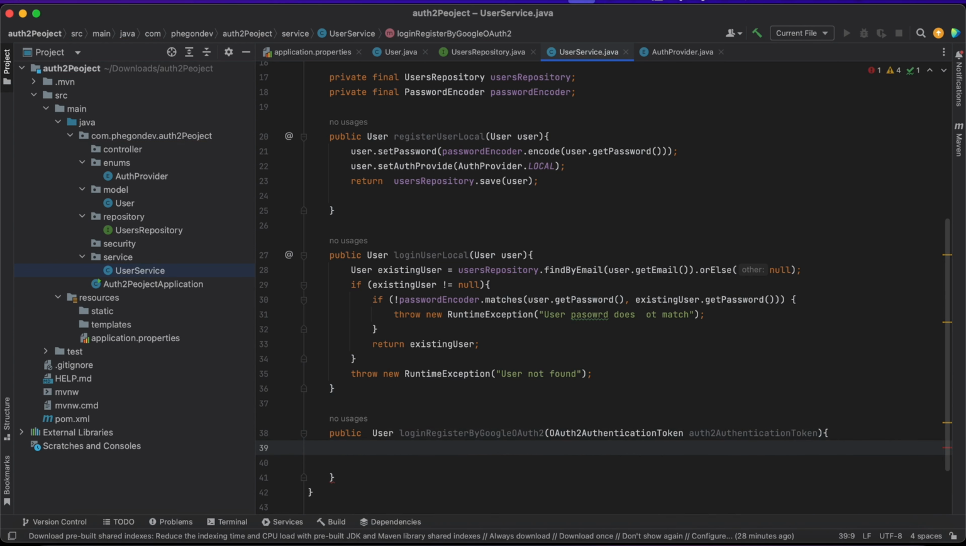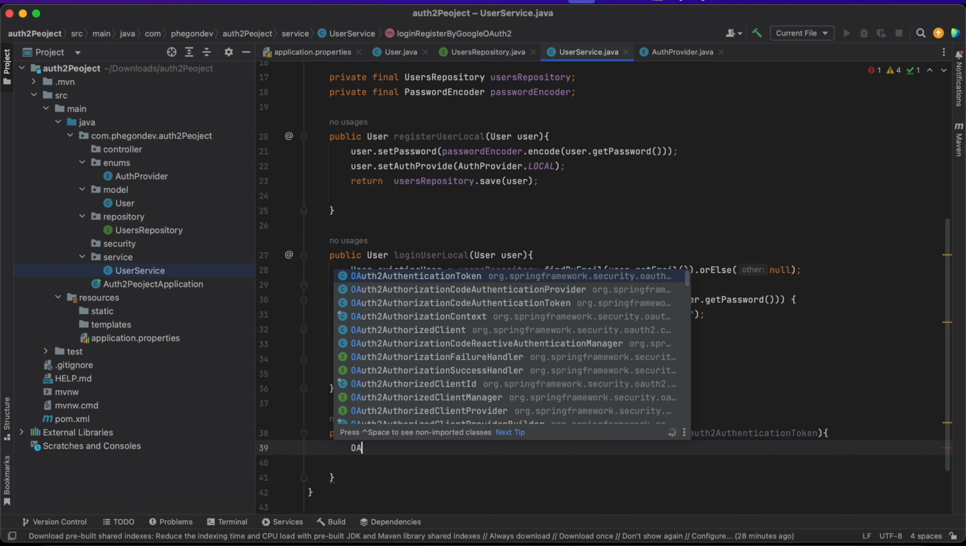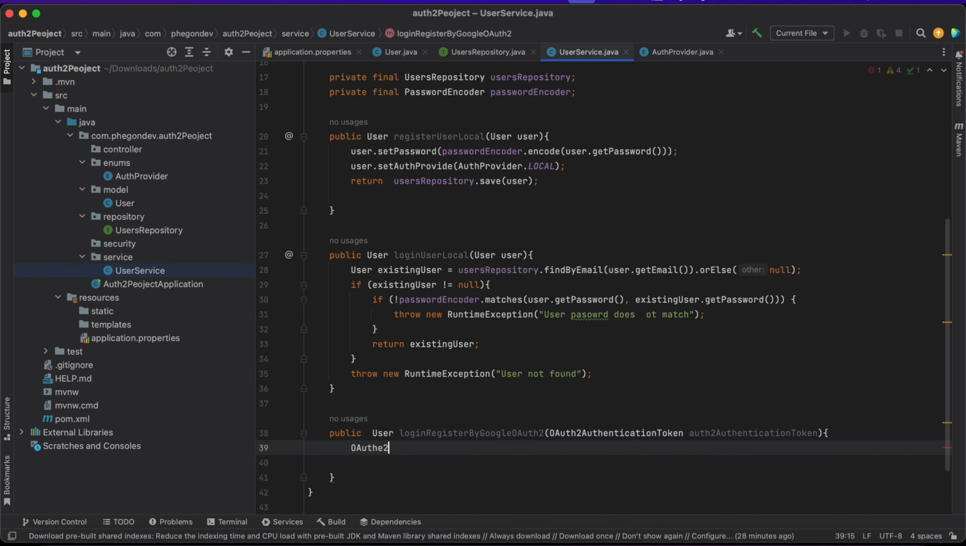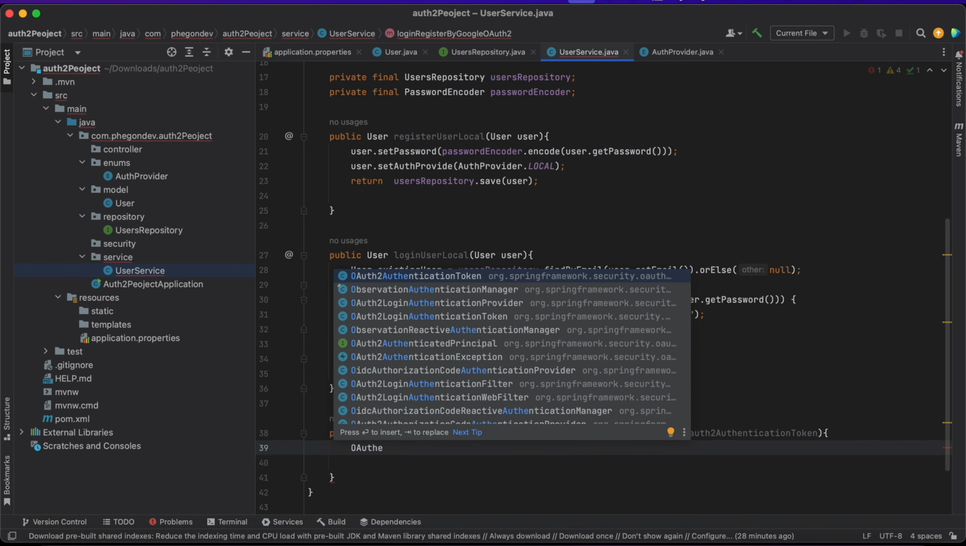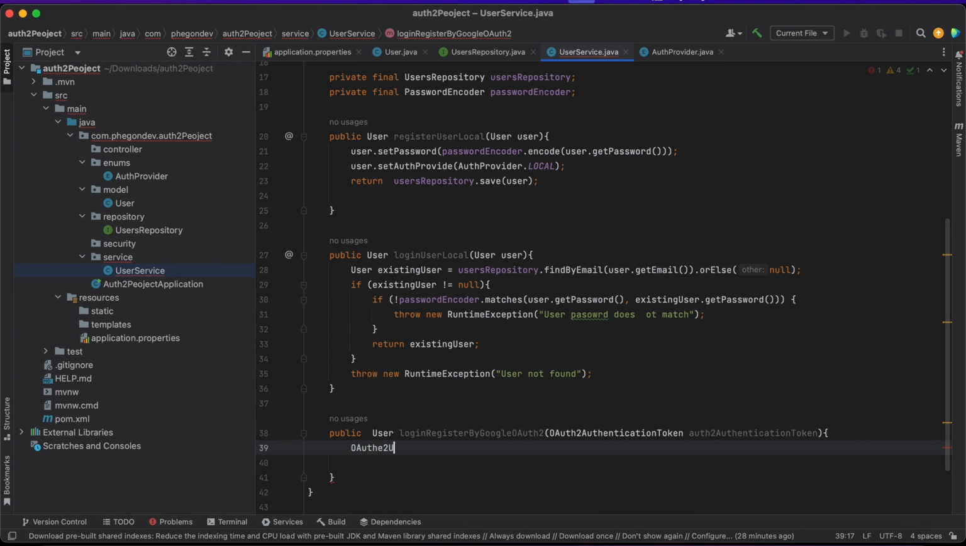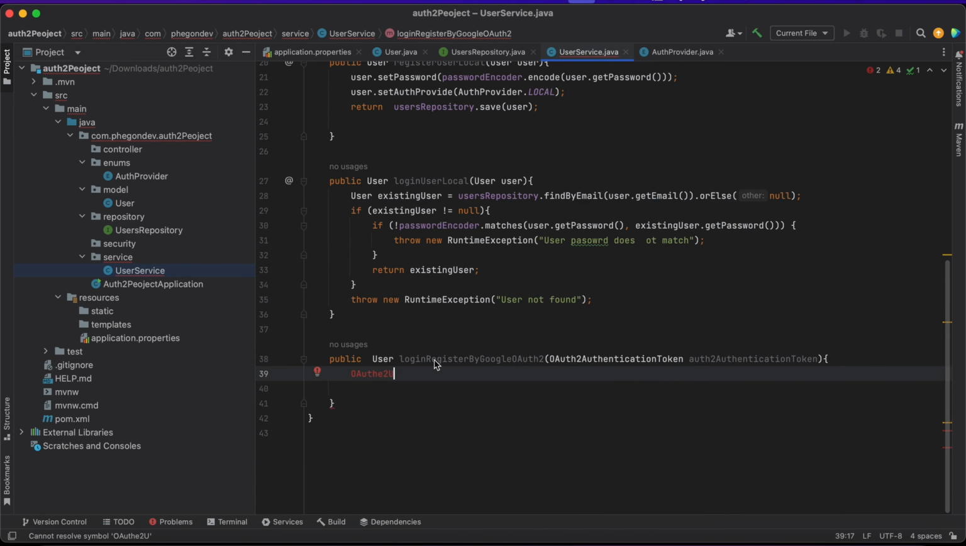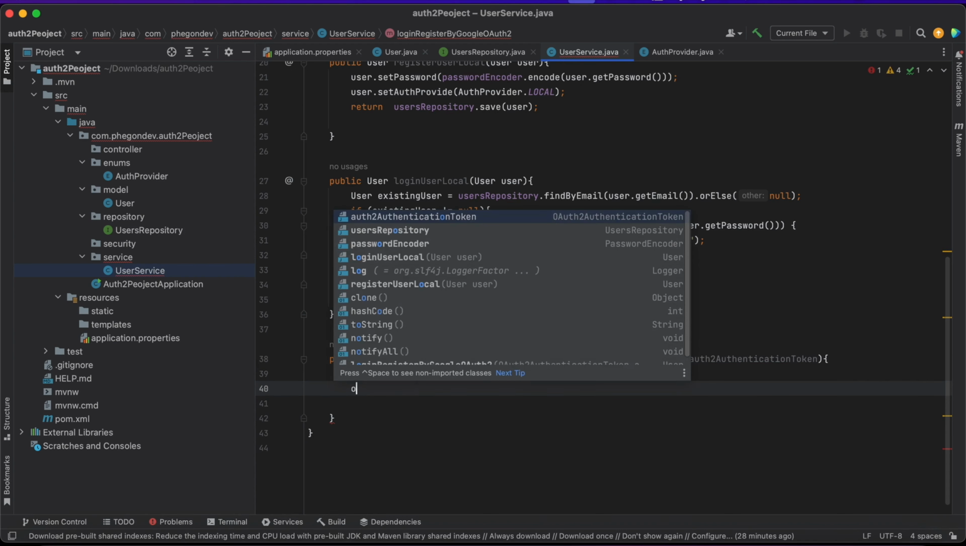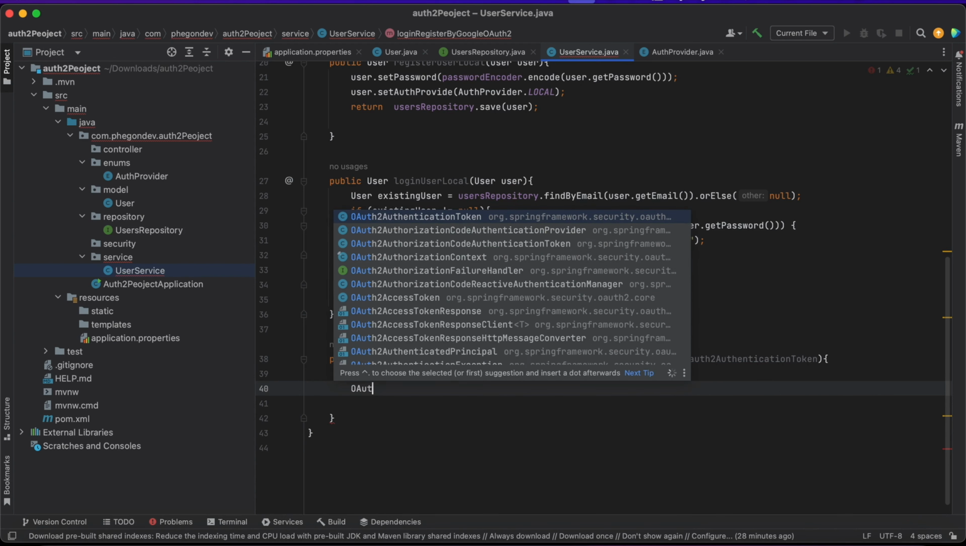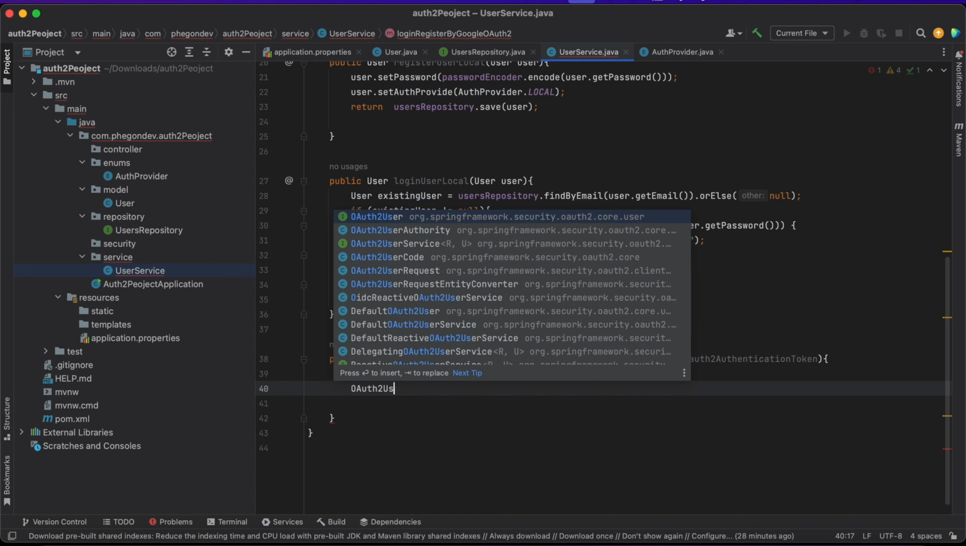So here I'm just going to say OAuth 2 user. Okay, that's not showing up. Let me move this down. That should be capital O. I just want it to get imported to user. Like we can see over here, OAuth2 user from